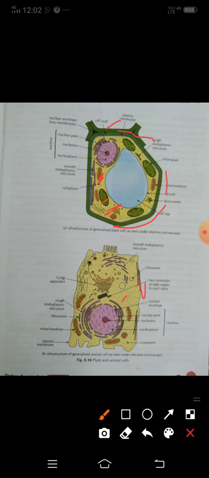Okay dear, you all understood in today's class about the three parts of the cell. Main are the cell membrane, the cytoplasm and the nucleus. I will discuss the nucleus in the next class also, because whenever I start tomorrow or the day after tomorrow, it is compulsory to start from the nucleus, and I will explain it to you all with a diagram.